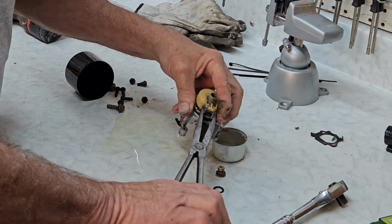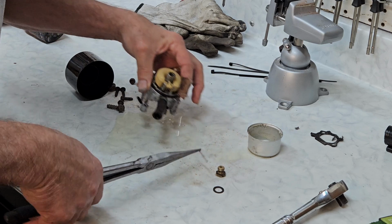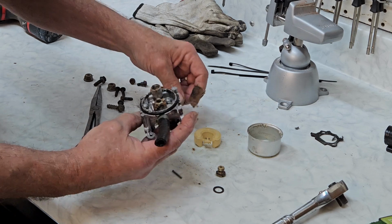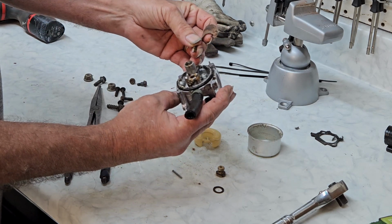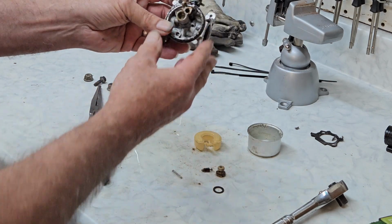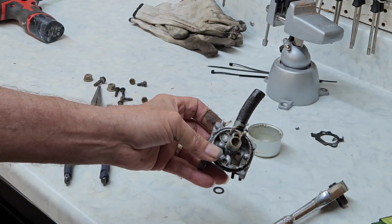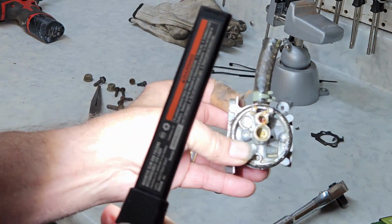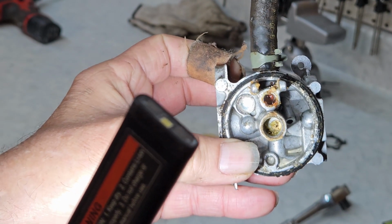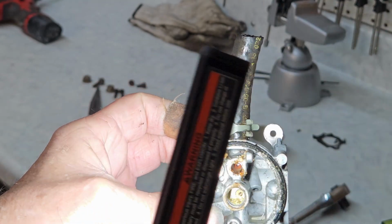Now the pin holding the bowl stuck. There you go, that loosened it up. Wow, my worst enemy in the world, rust. So I know you can't see this easily. Let's see if I can get a light on it. There you go. That would prevent it from running. That's just a mess. So we're going to pull this off and throw it in the ultrasonic, and we'll be